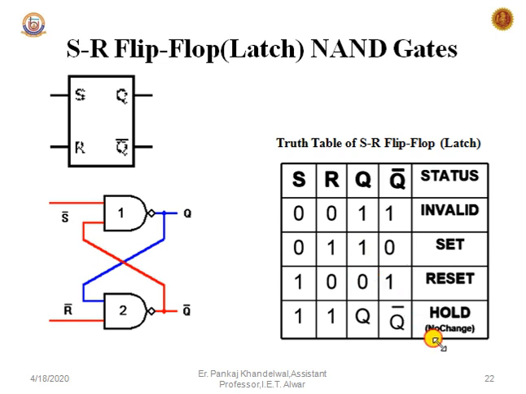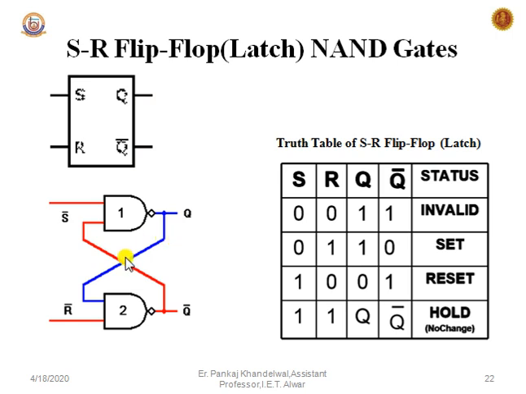Now we are discussing the SR flip-flop or latch using NAND gates. A flip-flop without using any clock signal is called a latch. This is the block diagram of an SR latch. There are 2 inputs, S and R, one is set and the second is reset, and there are 2 outputs, Q and Q bar. Both are complements of each other.